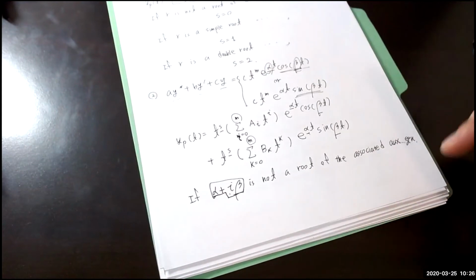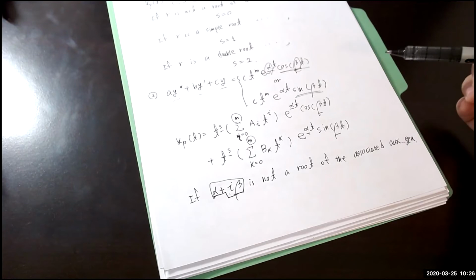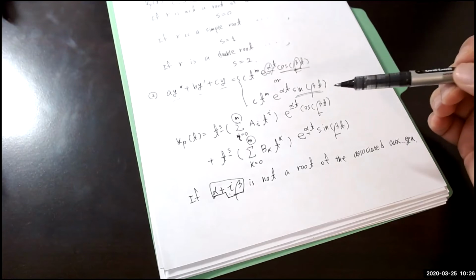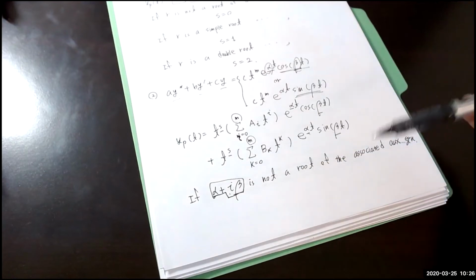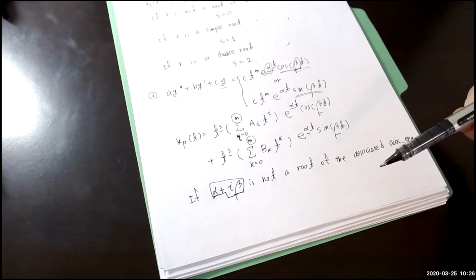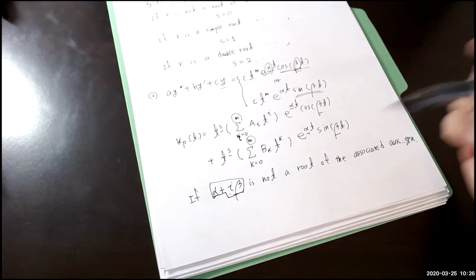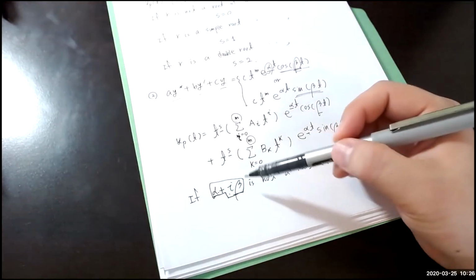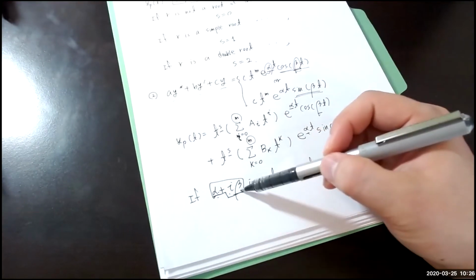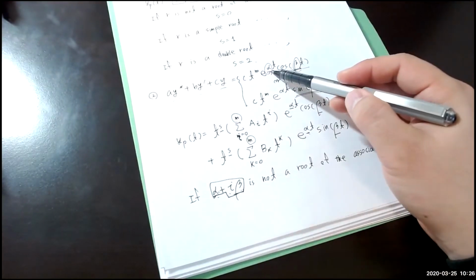Again, I've seen a lot of students make this mistake or get confused. They find the complex root of the associated auxiliary equation and then plug the real part and the imaginary part of that complex root in here. No, the alpha and beta come from this,